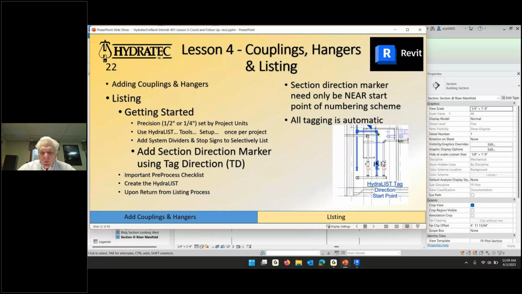So I'm going to use what's shown here on this diagram to put the start tag near the riser manifold, put a system divider at the groovelet there, and then when I do the walker, I'll get all of the second floor stuff, but the names will get labeled A, B, C, starting at the bottom of that thing. So I'm going to go back here,